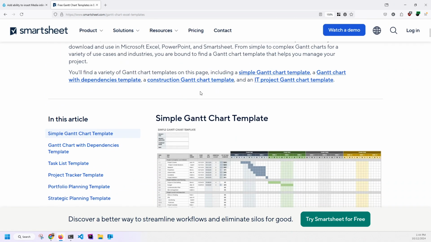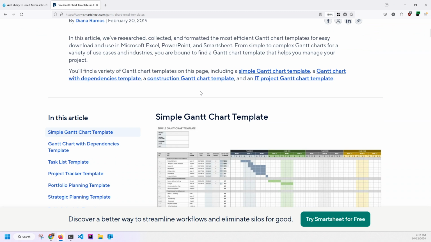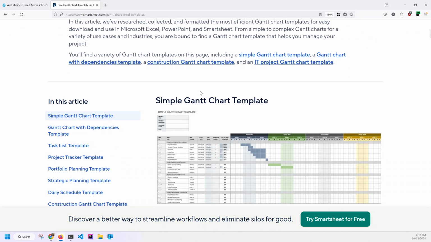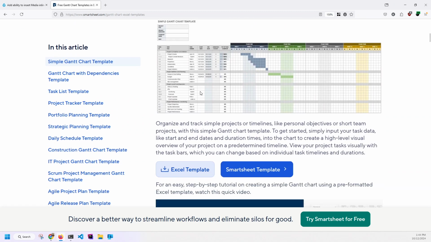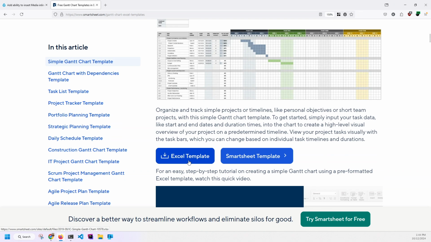So we provide this info for random people on the web about Gantt charts. Here's how they work, and here's an Excel template that you can download if you're using Excel, or if you're really cool and you use Smartsheet, you can just click here and start a trial. And don't you want to do that? But if you do want it, here's the Excel template. And so what we needed to be able to do,